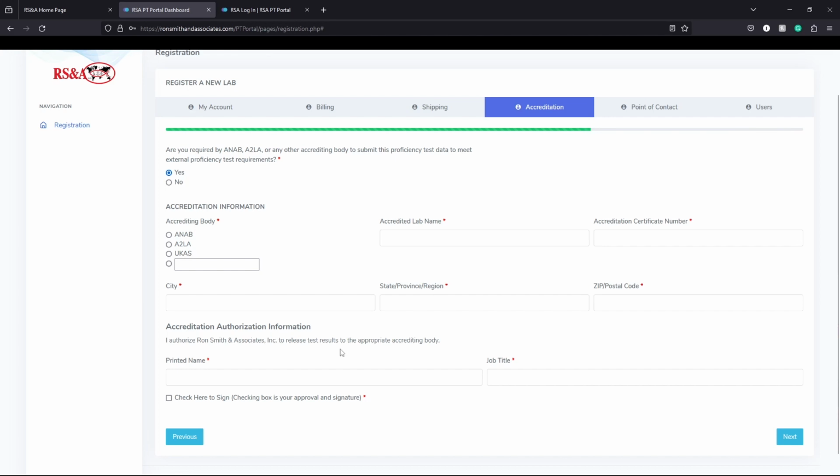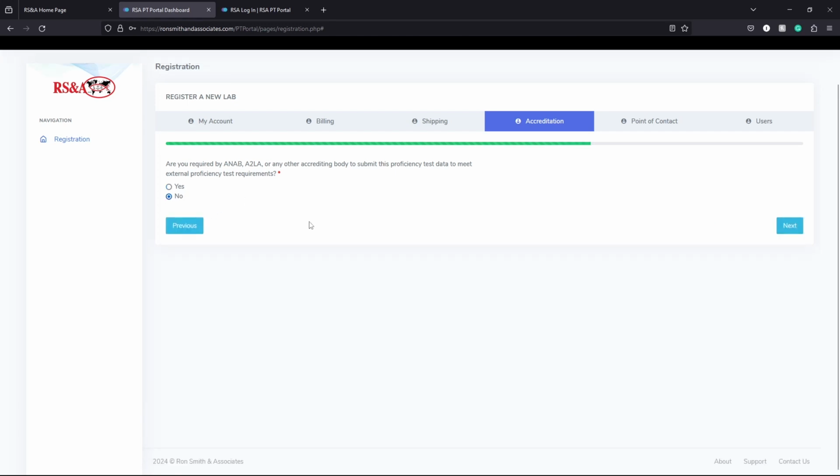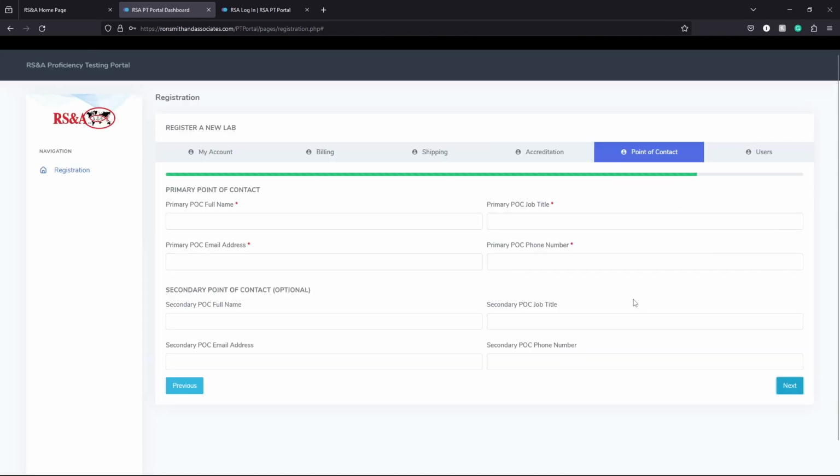Now, a little side note here, you'll also have the option within result submission to opt in or out of submitting results to the accrediting body. So if your agency is required, then go ahead and fill out this information, and then your individual test participants can choose whether their specific proficiency test results are going to be submitted to A&AB, A2LA, or any other accrediting body. So go ahead and do that. I'm just going to say no for the sake of this tutorial,